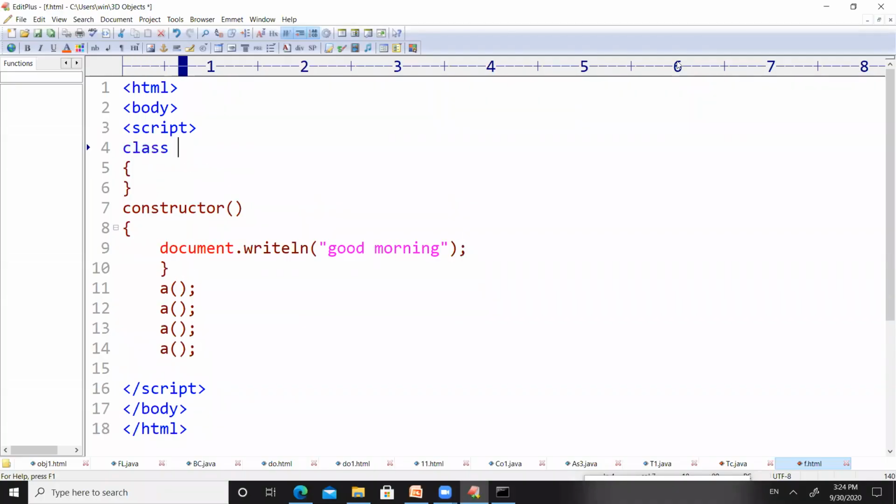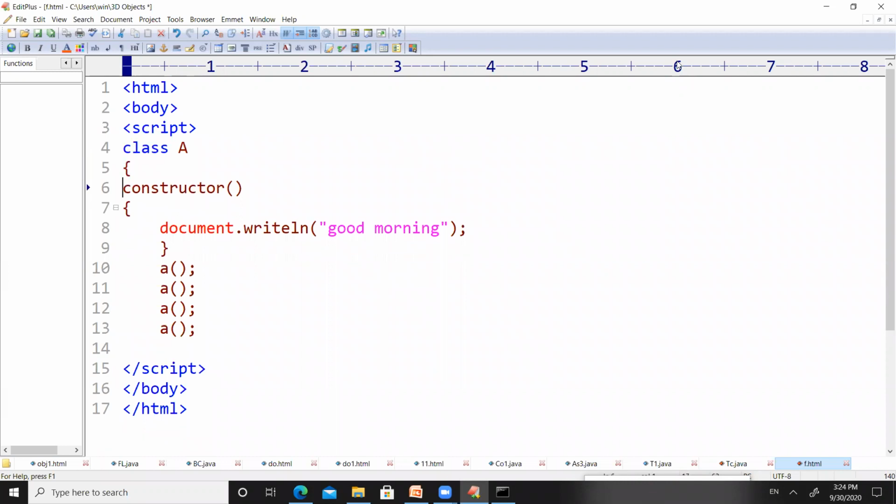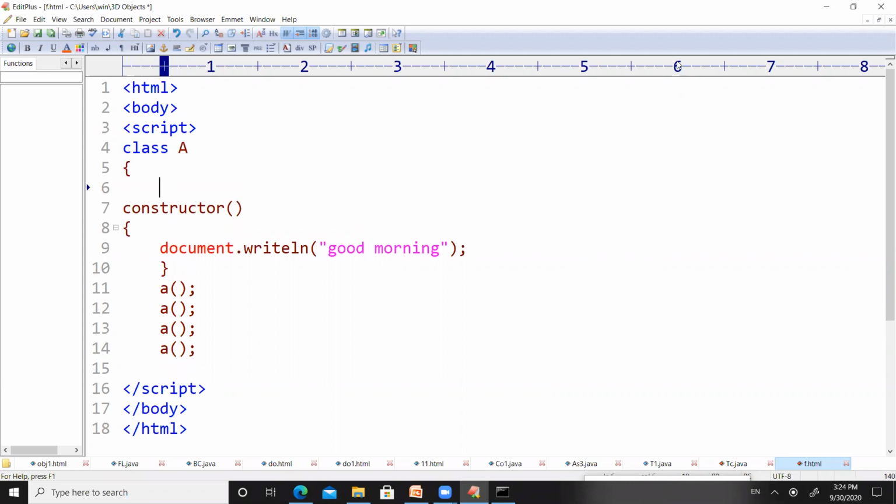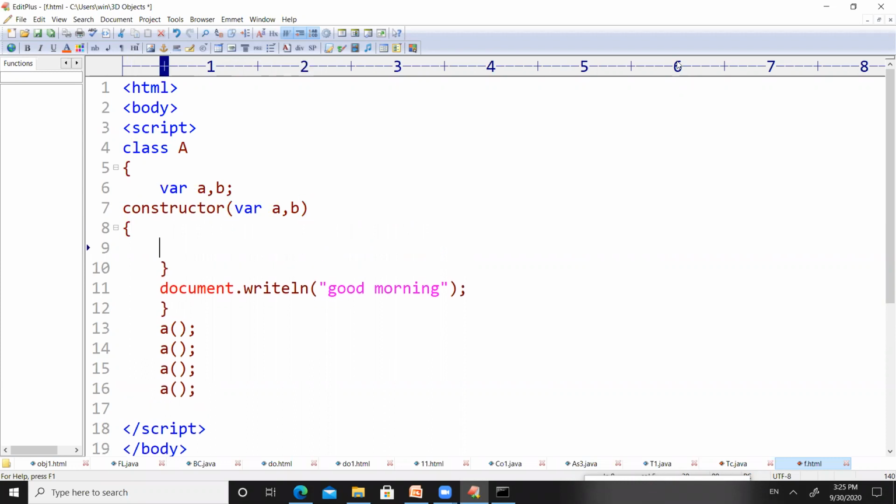It's similar to Java. We can have some class name here, right? And inside that we can have variables. For example, in JavaScript generally we use var in order to define variables, variable a comma b, and inside the constructor we can have variables, right? So let us see what this constructor is going to assign.